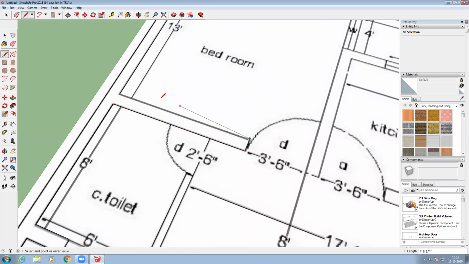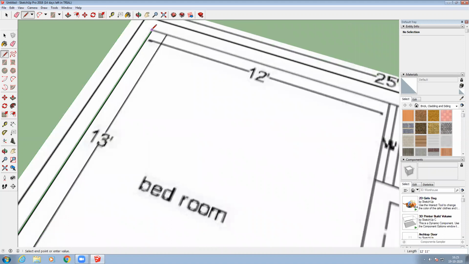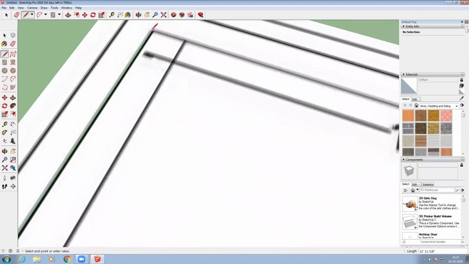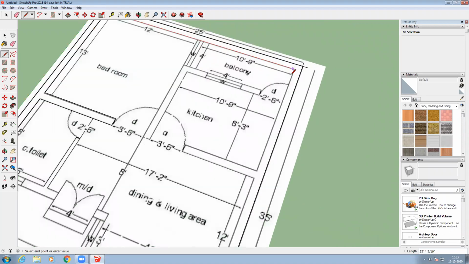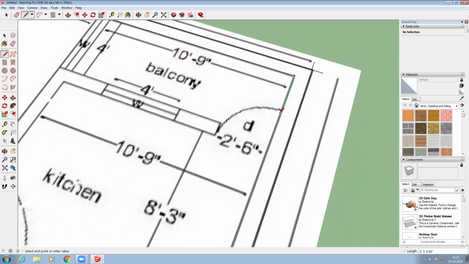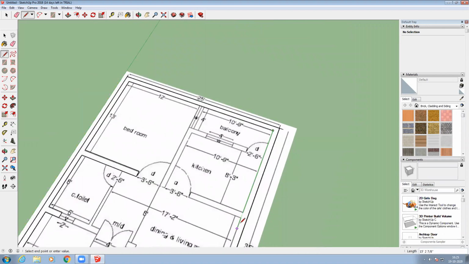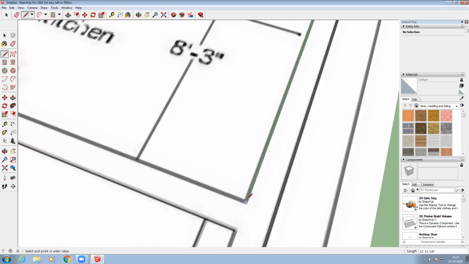If any window is there, that also you can take, but afterwards by using the X-ray command you can find out where exactly the window is, right? To draw the window we can do that, but here no need to bother about the windows. Just consider the wall, and the door opening you have to bother about.